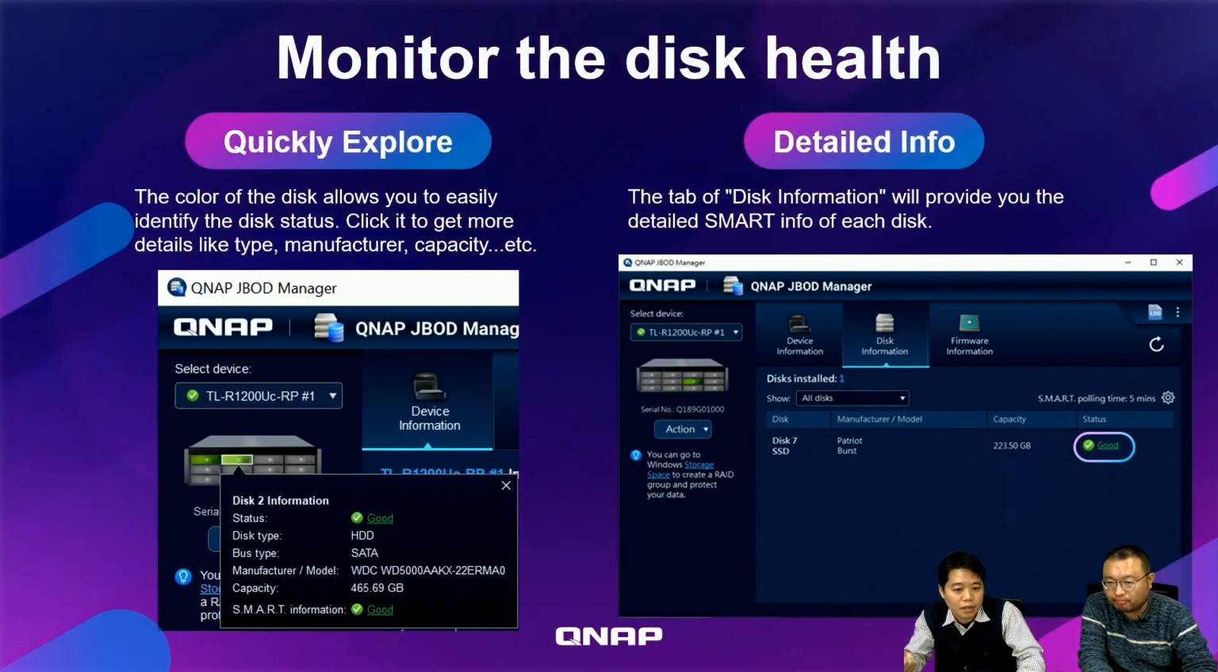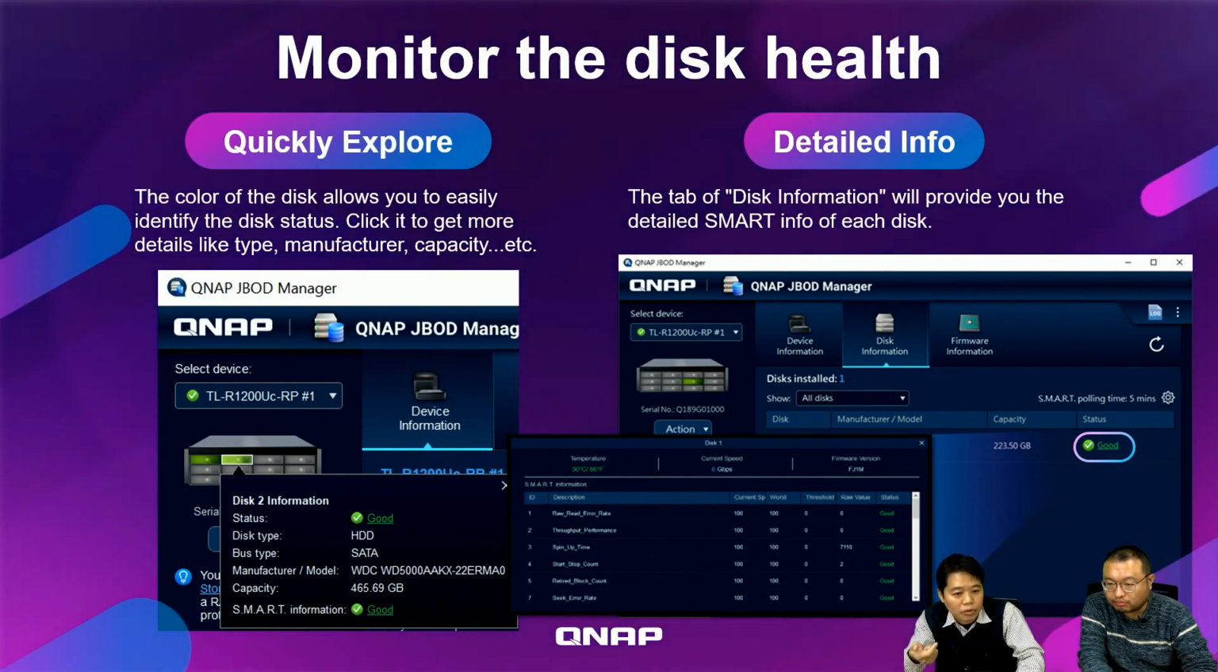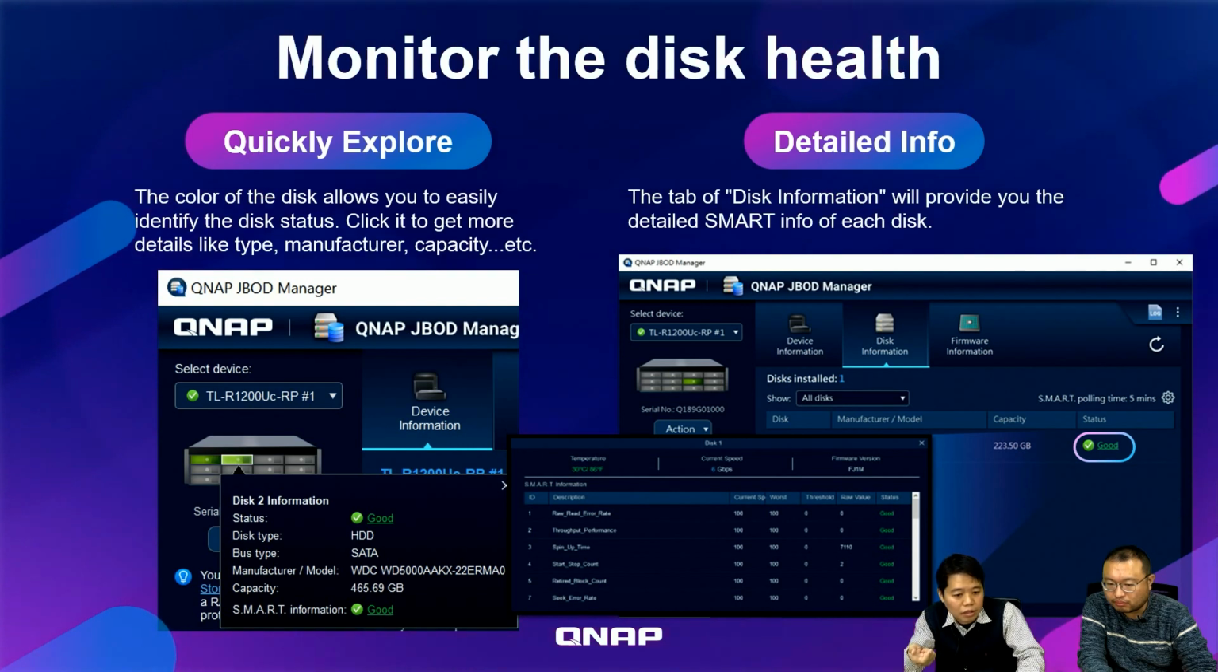And for this JBOD management, you can easily monitor everything. First, it can quickly explore all the important data. That means the colors of the disk allow you to easily identify the disk status. And when you click a disk, you can get more detail like the bus type, disk type, manufacturer, and capacity. And if you want to know detailed information,